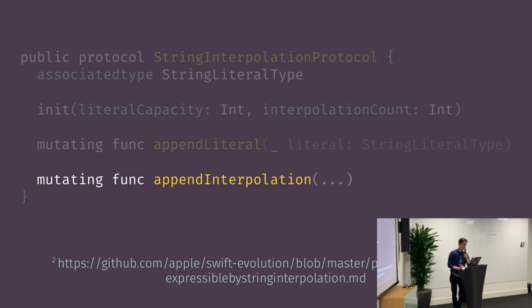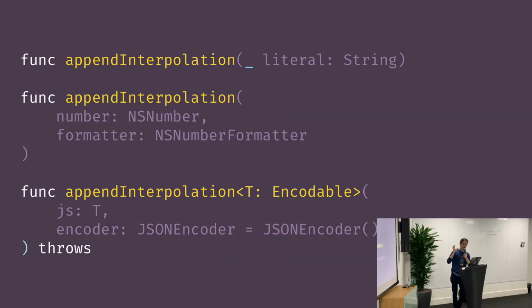And then there is not a strict requirement to implement append interpolation methods. And this is the main new thing that happens with this protocol. These append interpolation methods, you can have as many as you want. They can have whatever signature you want. They can accept as many parameters as you want, named, unnamed. They can even have default values. These methods can throw. The only requirement is that there should be at least one method like this that doesn't